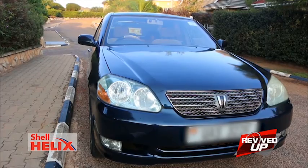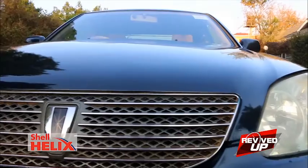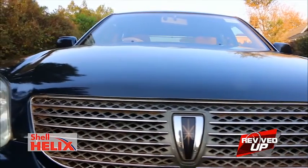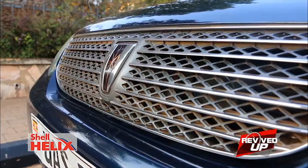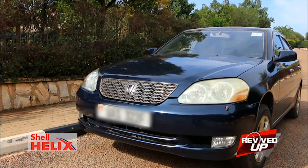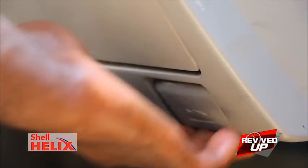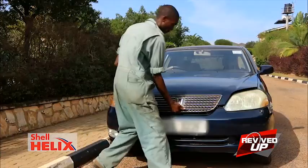This week we bring you some useful tips on checking your vehicle's oil. Not only does this increase your engine's performance, it also increases your car's life expectancy. First, make sure your engine has been switched off for at least 10 minutes, and check that your car is parked on level ground. Then, open the car bonnet